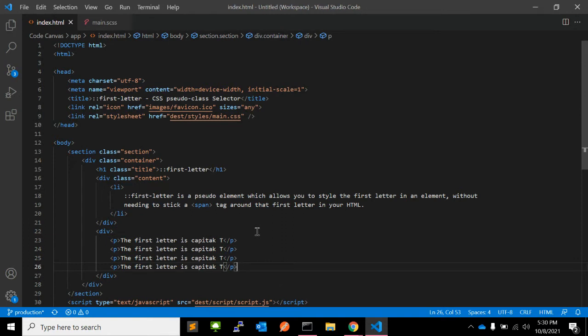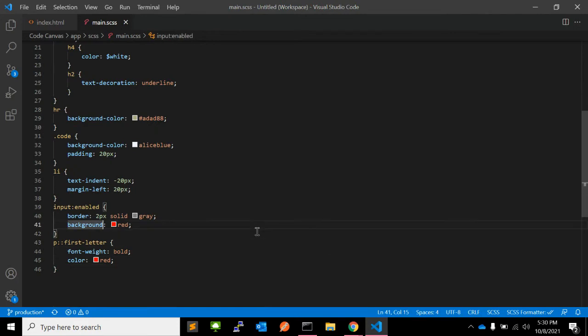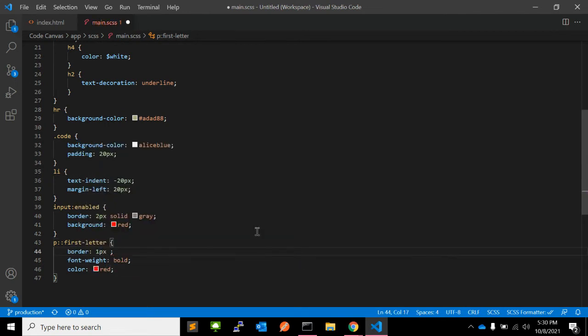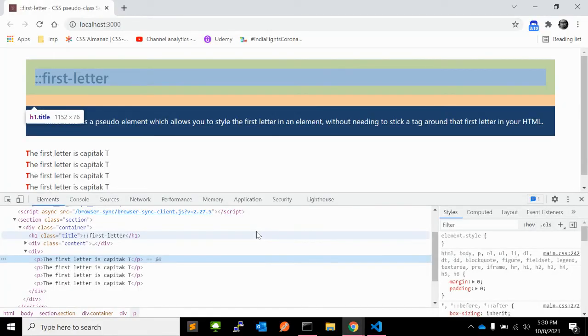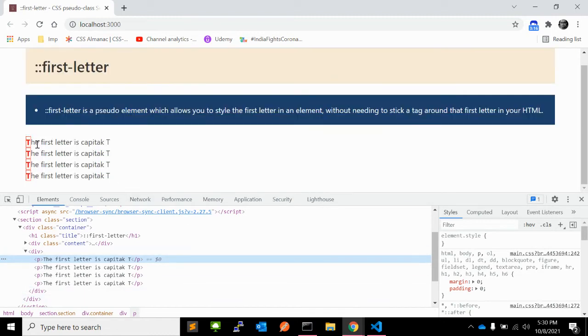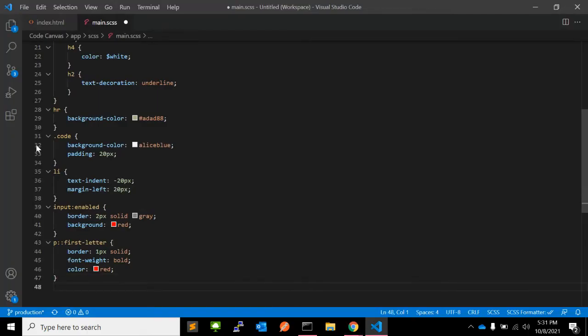To style those, I'm writing p first-letter, for example, border 1 pixel solid, font-weight bold, color red, and it will style all the first letters. So as you can see, the border is there, 1 pixel solid, font weight is bold, and the color is red.